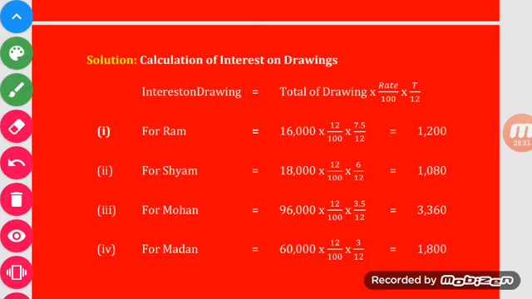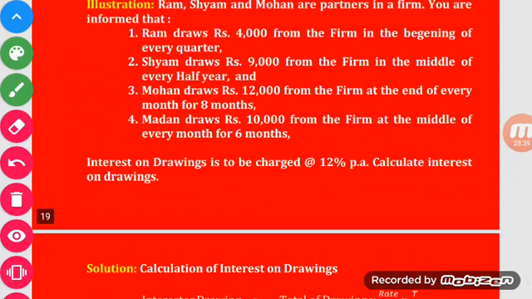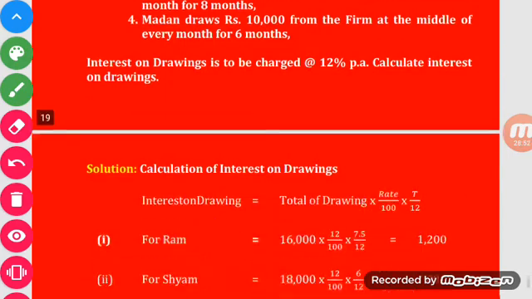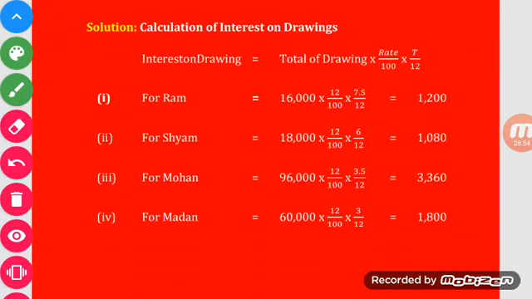And for Mohan, Mohan withdraws for 8 months. Read the question properly. Mohan draws rupees 12,000 from the firm at the end of every month for 8 months. So he withdraws only 8 months. 12,000 multiply by 8. So total drawing is rupees 96,000. Rate is 12 upon 100 and average time period 3.5. How is 3.5 calculated? Remember,